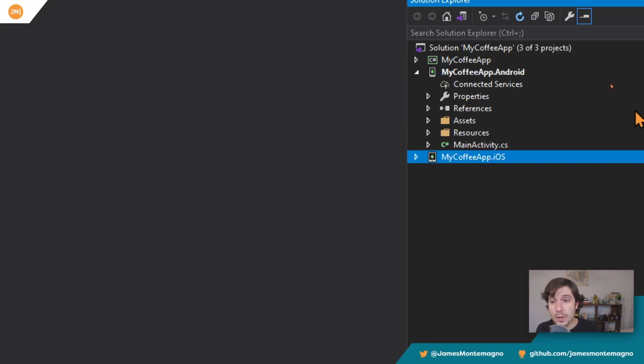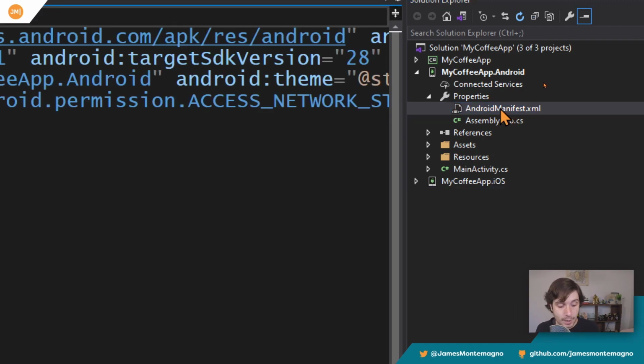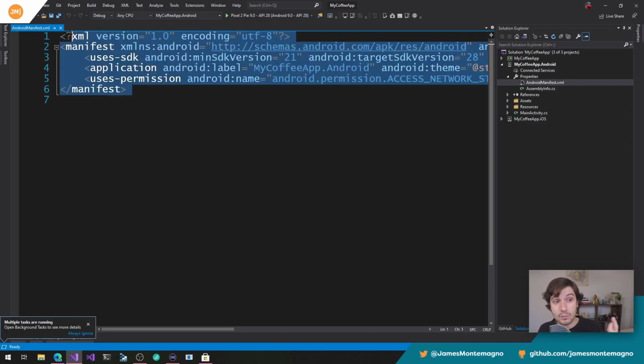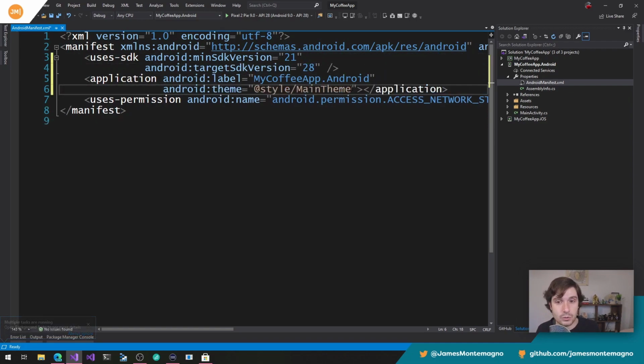Now, there are a few important things that you want to remember in your mind as far as configuring your application. And the first one is this thing called the Android manifest file. Now, the Android manifest file is really important because when you actually compile your application, Xamarin combines some different assembly attributes that you can add for permissions and for different information, but it also combines it automatically in this manifest file.